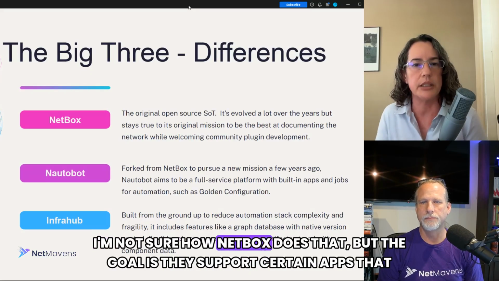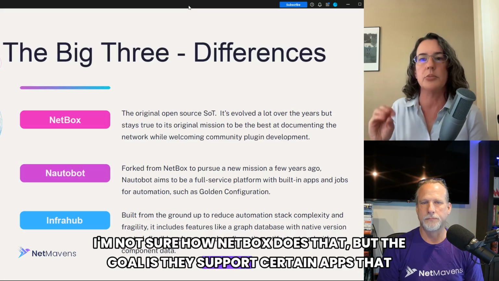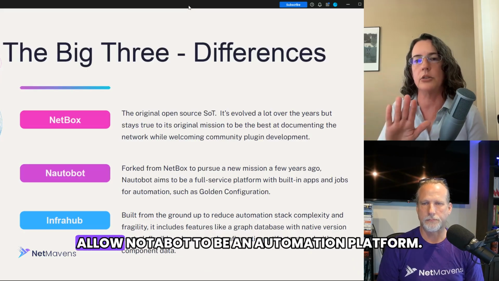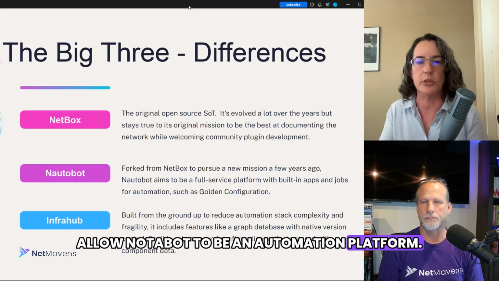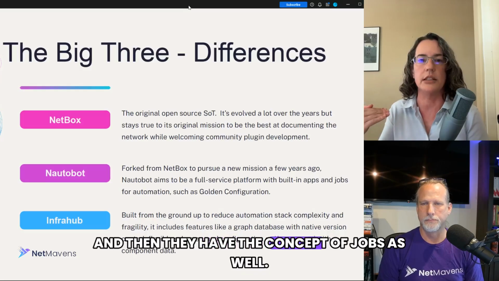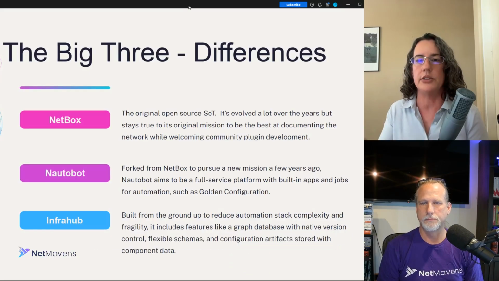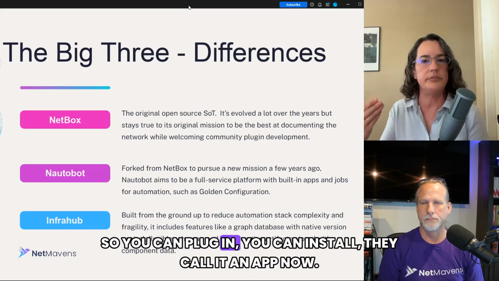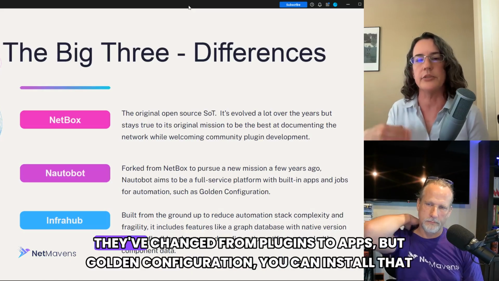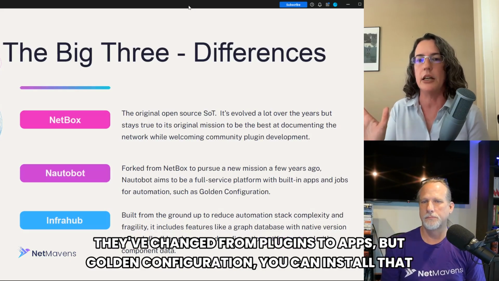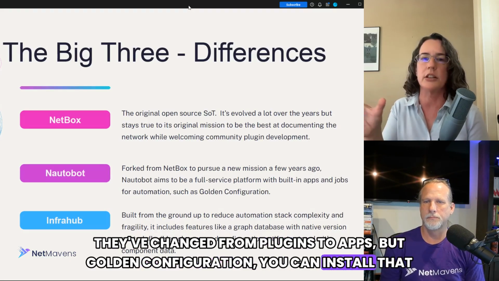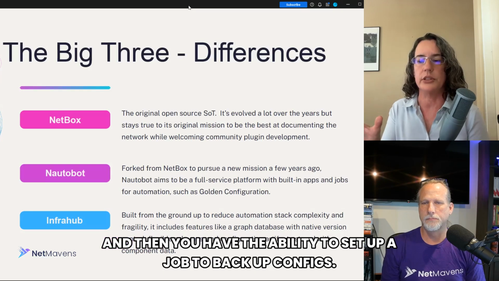I'm not sure how Netbox does that, but the goal is they support certain apps that allow Nautobot to be an automation platform. And then they have the concept of jobs as well. And so you can plug in, you can install, they call it an app now. They've changed from plugins to apps, but golden configuration, you can install that app, and then you have the ability